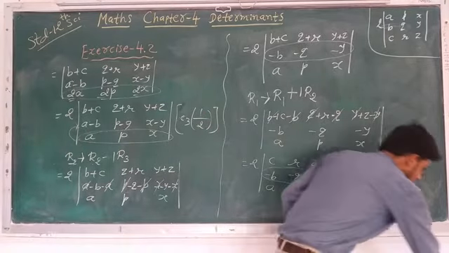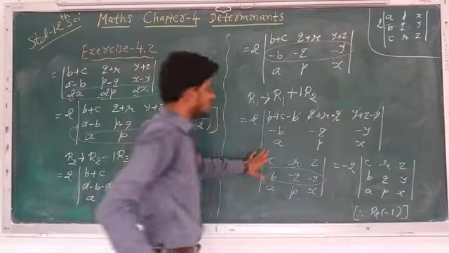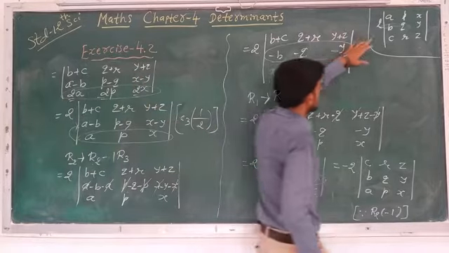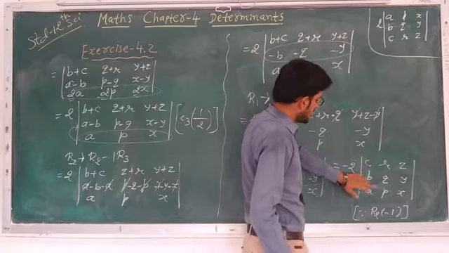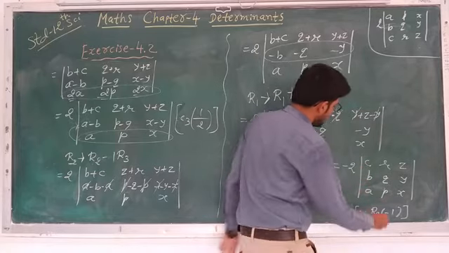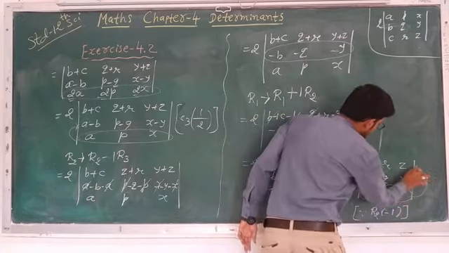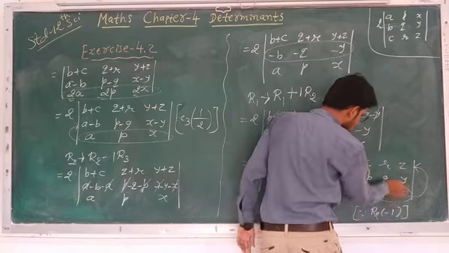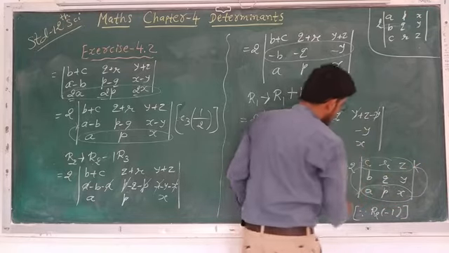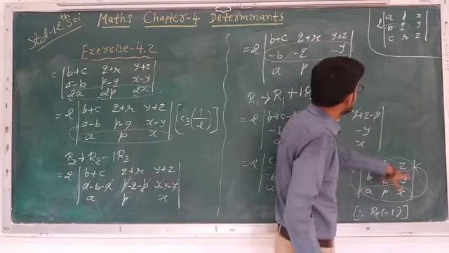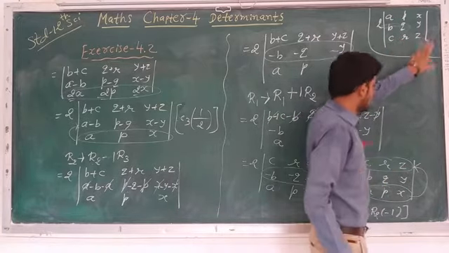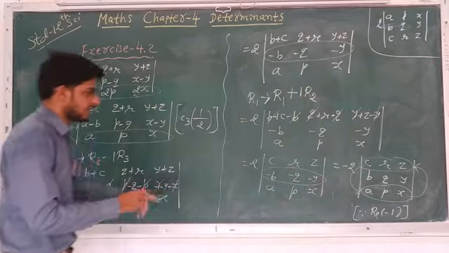We observe, what is our right hand side? It is a, b, c, but here we have c, b, a, so there will be a change. We shift the first row to the third row and the third row to the first row, because a, p, x will be the first row and c, r, z will be the third row. So we only interchange the first and third rows. What is the next step?